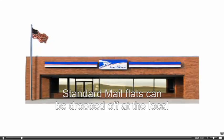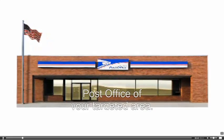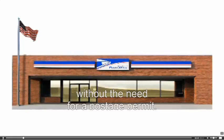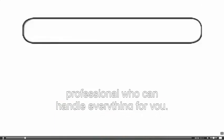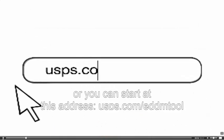Standard mail flats can be dropped off at the local post office of your targeted area without the need for a postage permit. To reach every address, contact your local print professional who can handle everything for you, or you can start at this address,